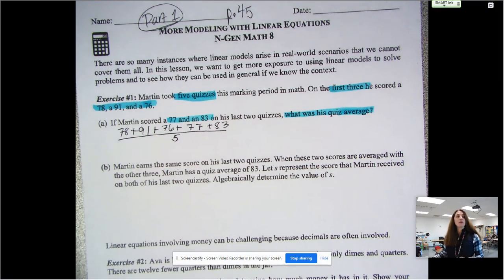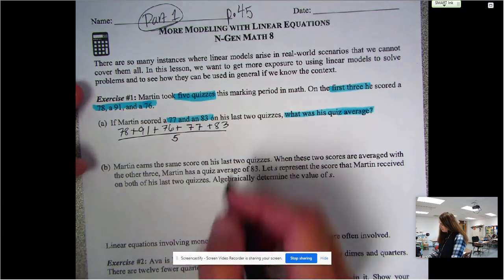So let's go ahead and figure out what our numerator would be. Let's add those up. 78. I'm using my calculator. Best tool that Mrs. Brown gave me this year was this calculator. Oh, I'm talking about myself. So I have my sum being